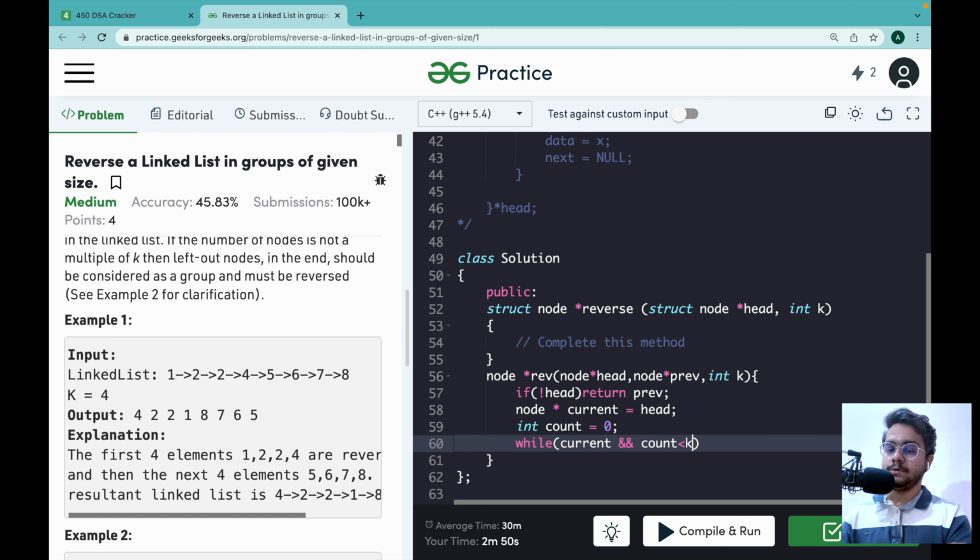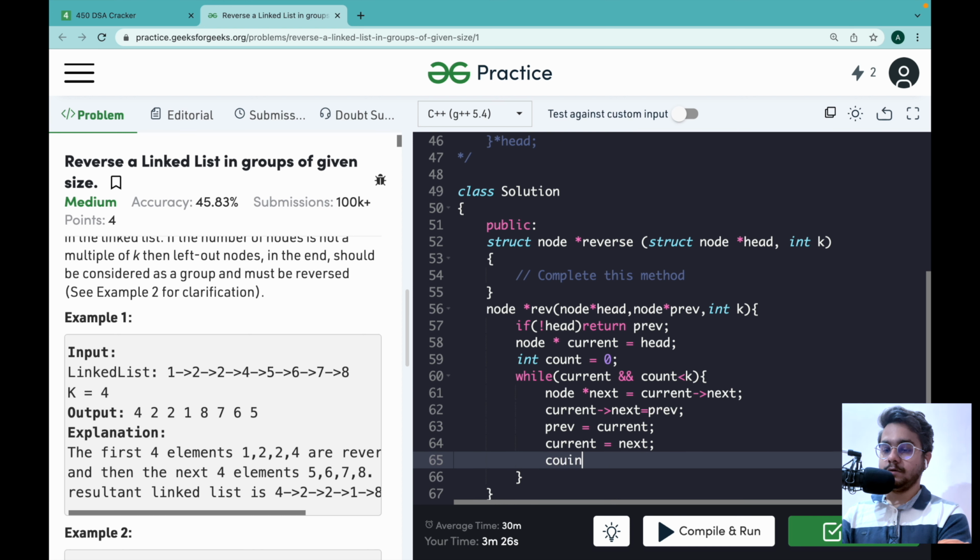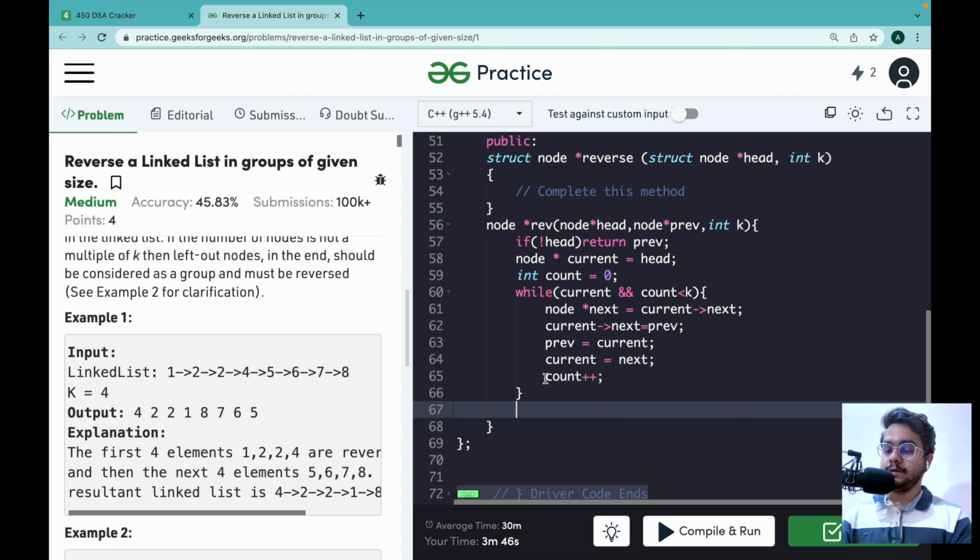What we are going to do is reverse the linked list this way, and also increase the count. So we are going to do this 4 times. Either if this becomes null or count becomes greater than or equal to k, we have to get out of this loop. So we are going to invert our list that many number of times. Now every time what we want is to return simply the previous value. Okay, so we are going to make it a recursive function. What we are going to do is to call it again.